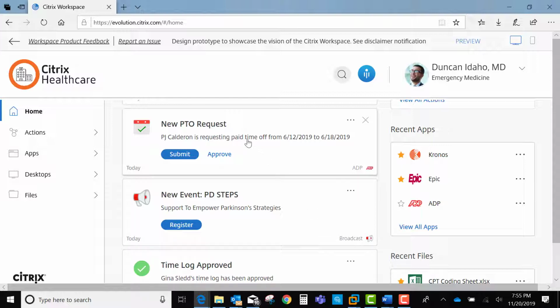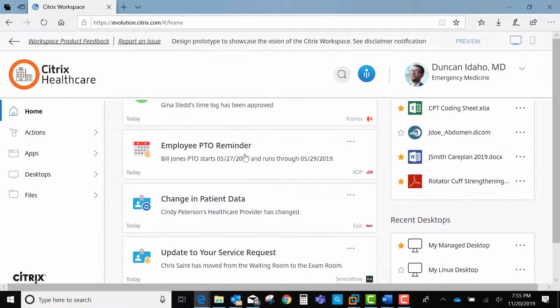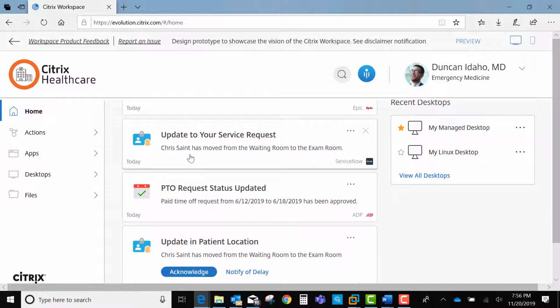In this section, we see that there's a set of tasks that we can actually perform. What we see here is that we have somebody requesting personal time off, and I can actually approve it and send it through. I see that there's an event that I signed up for and asked to be notified when it was available, and it's coming up. I see that there's a change in patient data. So Cindy Peterson has changed providers, and you can see that Chris Saints has moved to a different room in